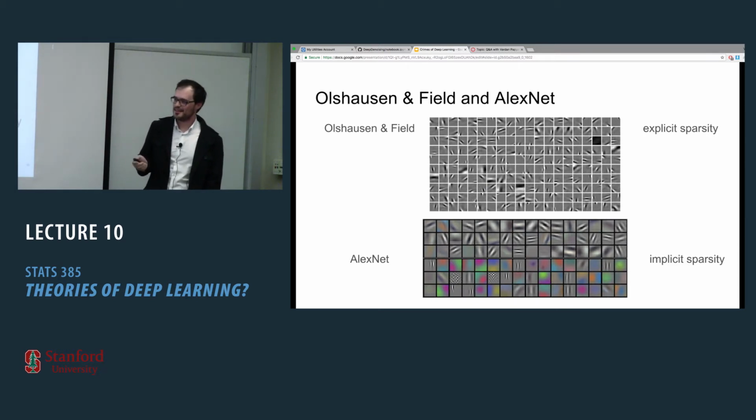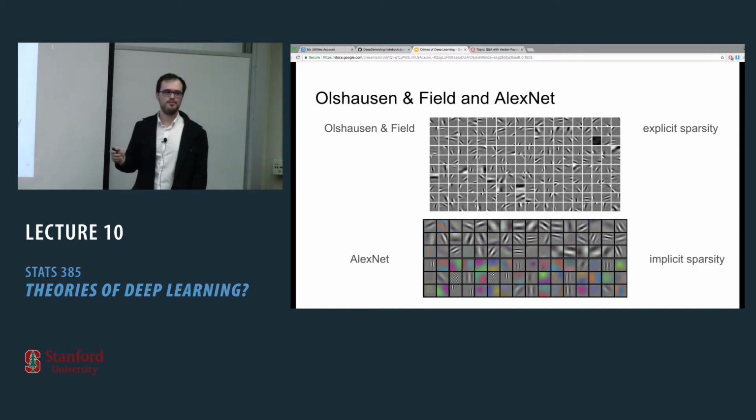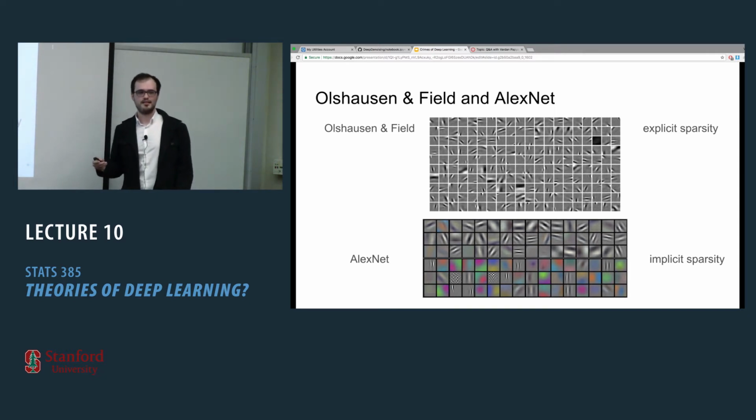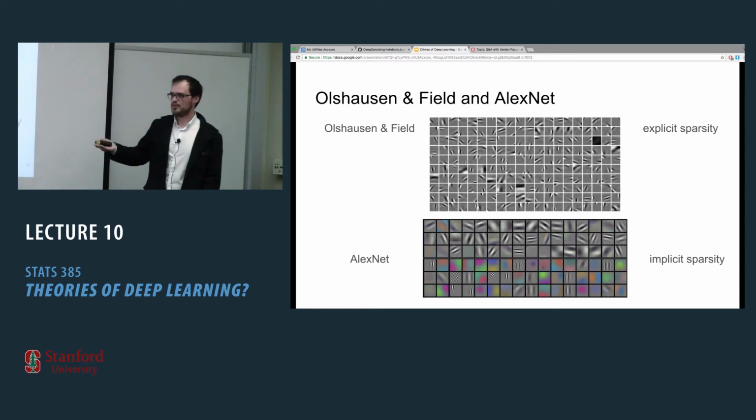Okay, so we would like to see some evidence for what we've seen throughout this talk. First of all, as we already mentioned, in Olshausen-Field, the filters look like that, right? And the reason you obtain these sort of filters is because you're imposing explicit sparsity. And in AlexNet, in the first layer, you're obtaining similar filters. Why is that? My answer would be because you're using implicit sparsity. The fact that you're using ReLUs is basically saying that you're doing somewhat of a crude approximation of sparse coding, so you're pushing towards sparsity.